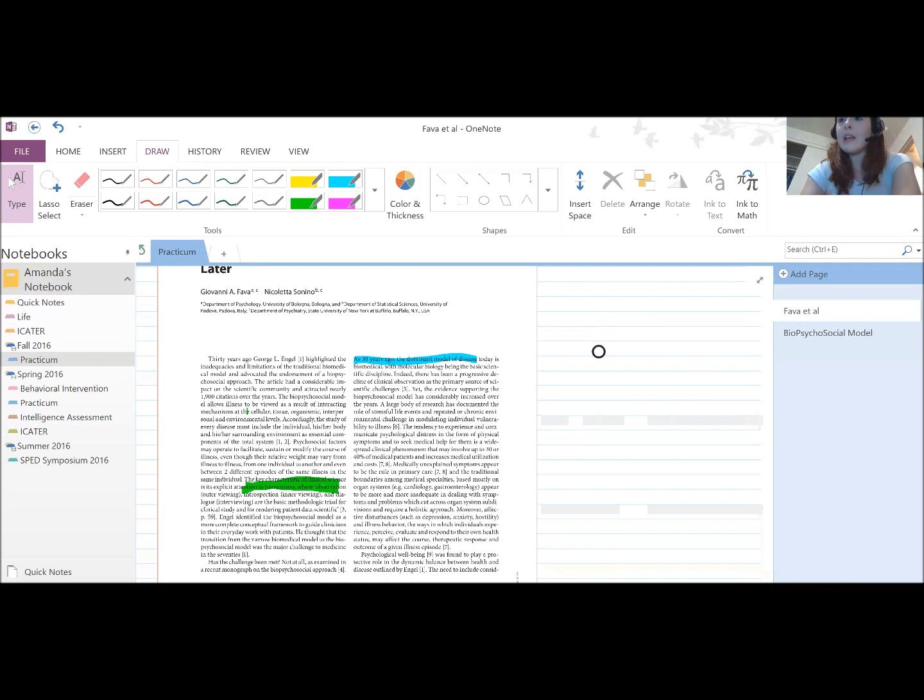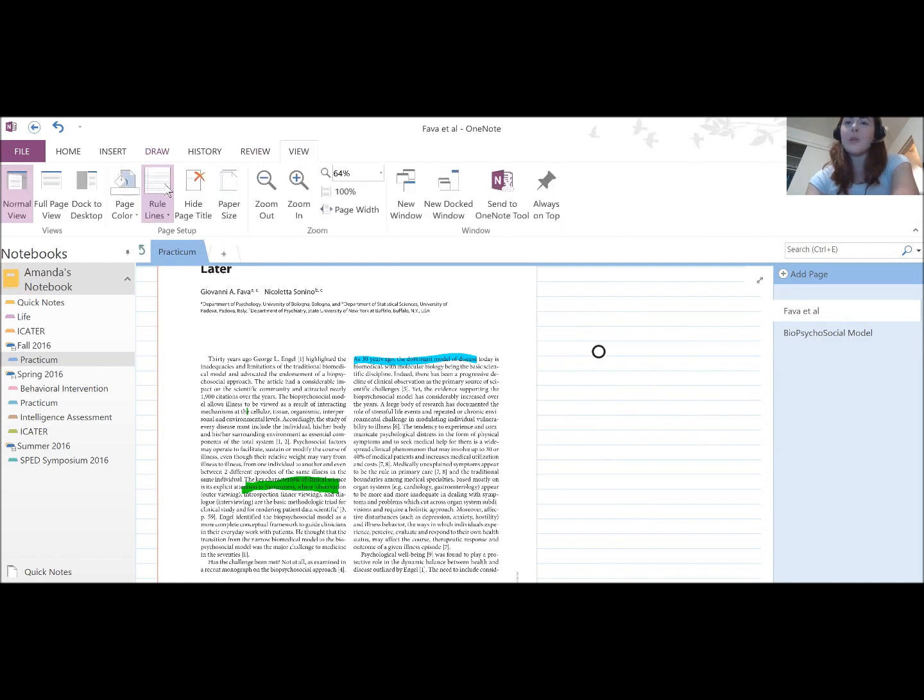You can see I can type here. I've got this notebook paper look right here. Some students find that kind of orienting. Some students find it distracting. We can take that out with ruled lines here in view. So I just click. For that, we can also change color and things if students have preferences for contrast, things like that. Flipping back to our Draw tab,